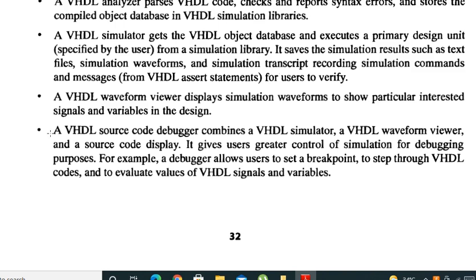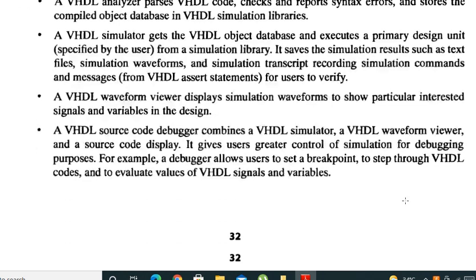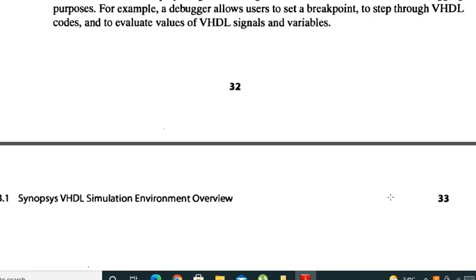Then we have one VHDL source code debugger containing the simulator, waveform viewer and source code display. The debugger has all three built in, to give more control over the simulation and display. So these are the simulation tools included in Synopsys.